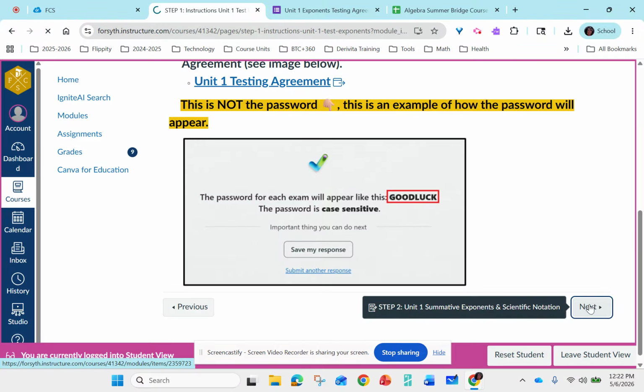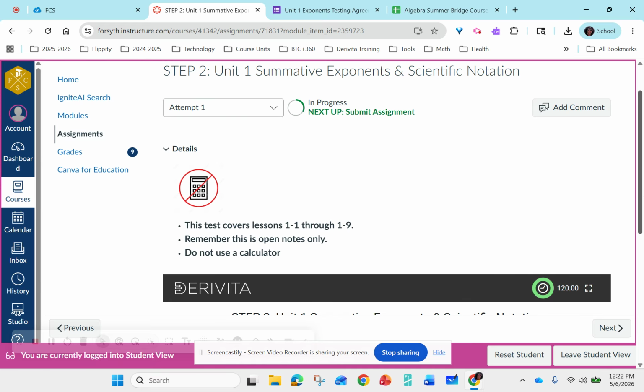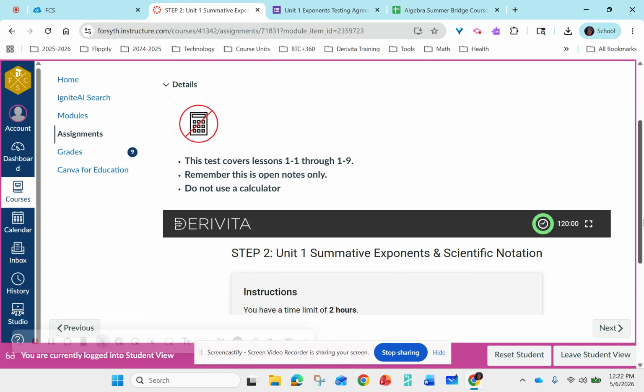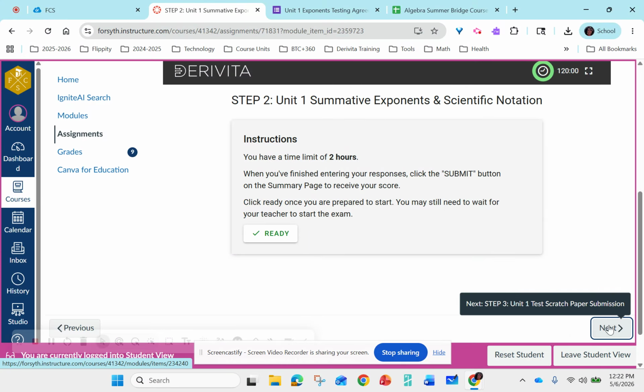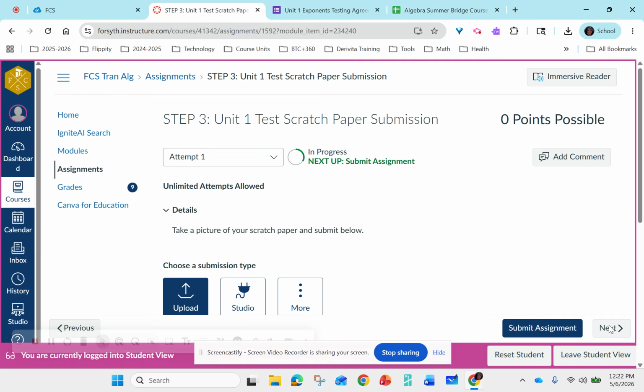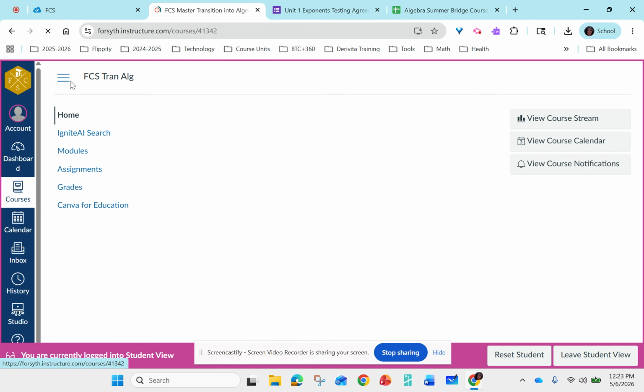Then you can simply proceed to the test. You have the password from the Google form submission. Again, you can read through these directions, and before you begin, ensure that you have the 2 hours that you are given, because once you start the test timer will continue. Then once you complete the test, you'll be asked to upload your scratch work here. Again, I highly recommend using your Google Drive. Once you complete the test, it will take you to the next unit,